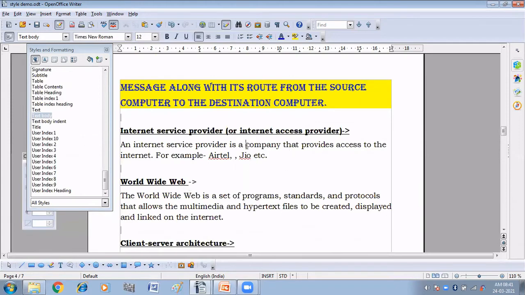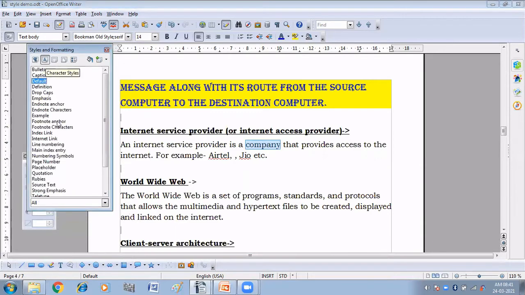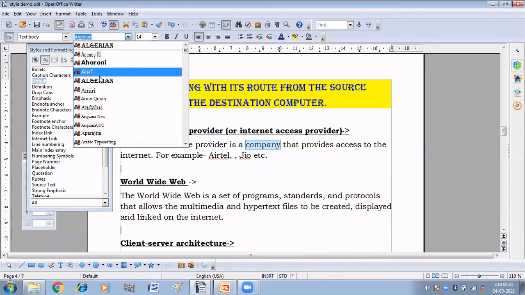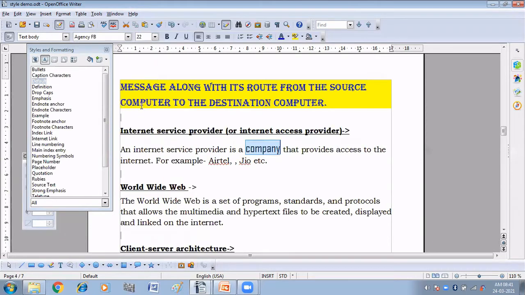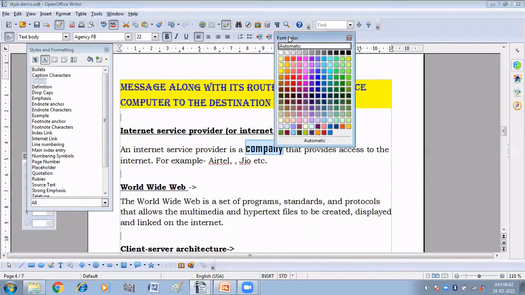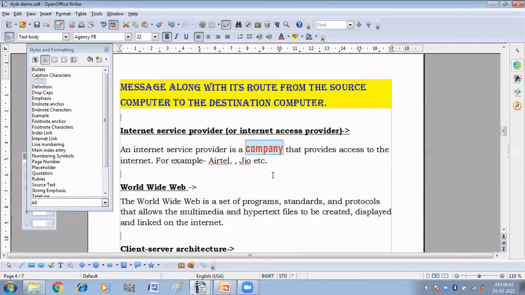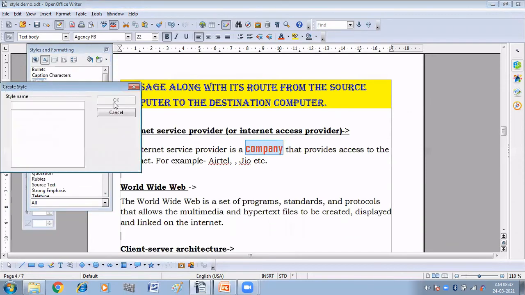In the same way you can create all types of styles. Here I am creating a style for the text, a character style. I am making it like this, and then 22, and then bold, and then color should be red. Again you have to click on new style from selection.